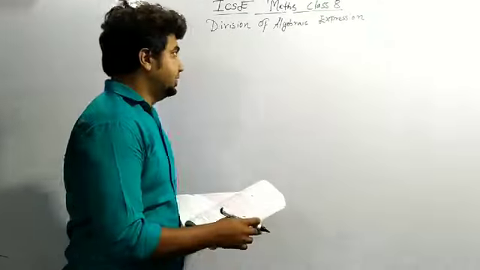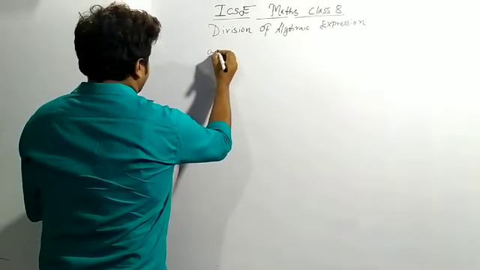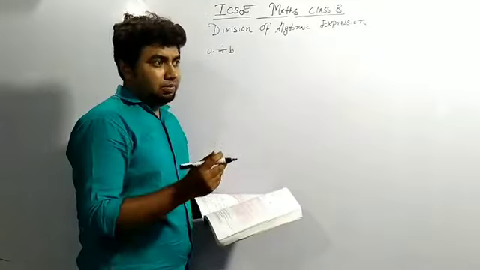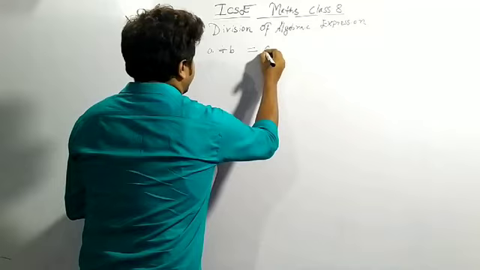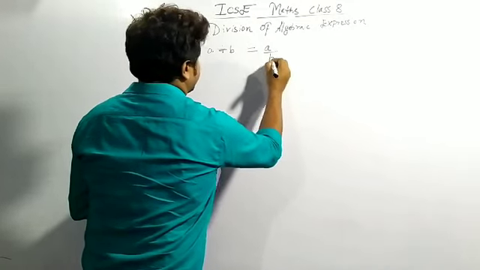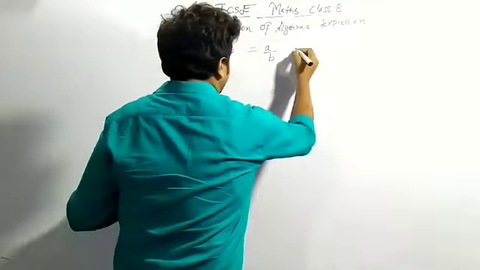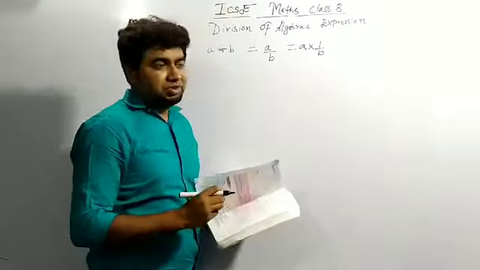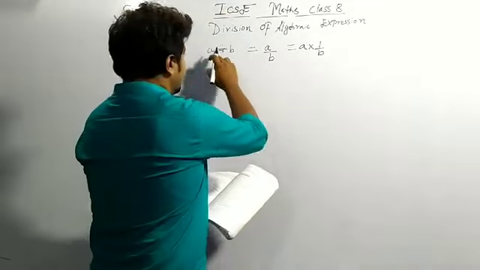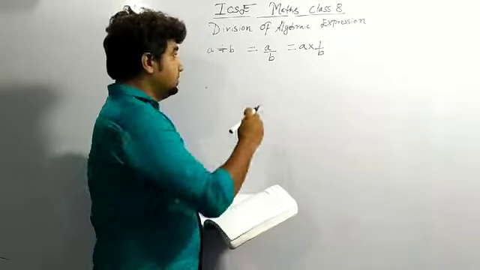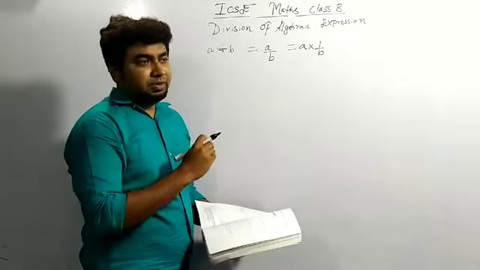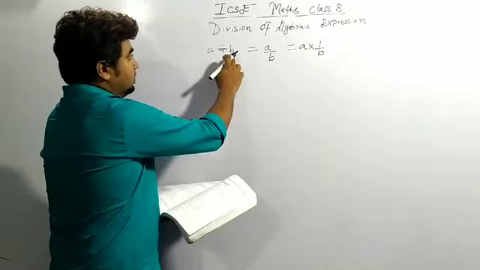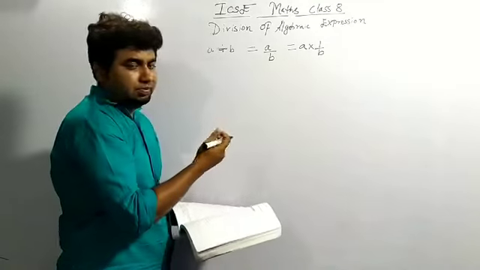So the first rule is that if I am saying A is divided by B, A division by B, we can write it as A by B. This is one of the ways we can write it, or we can write it as A into 1 by B. A into 1 by B means A is multiplied by 1 by B. So that is also A divided by B only. I am saying it in a different way, but that is the same thing. So this is the first rule, that A division by B is A into 1 by B or A by B.